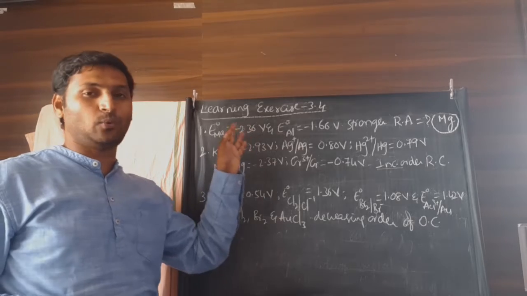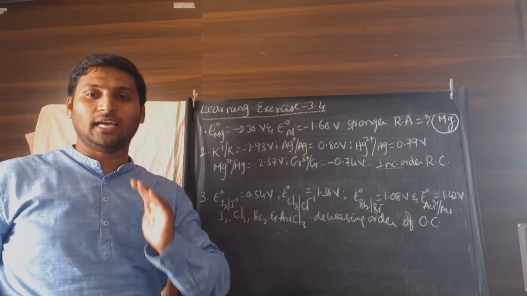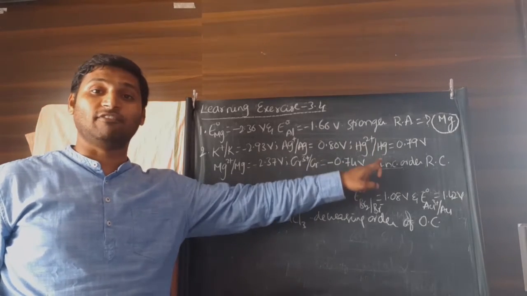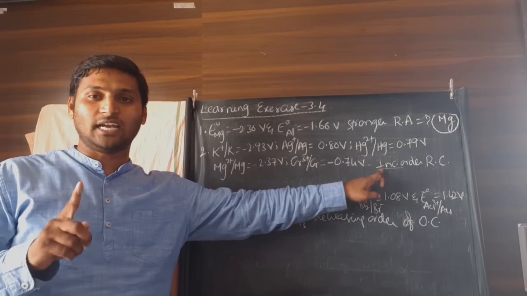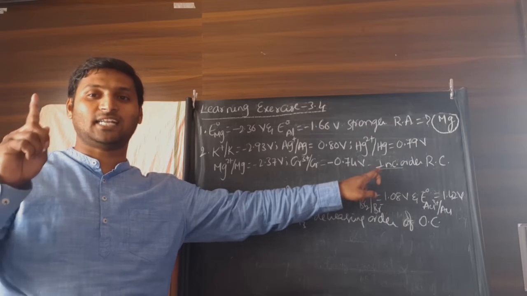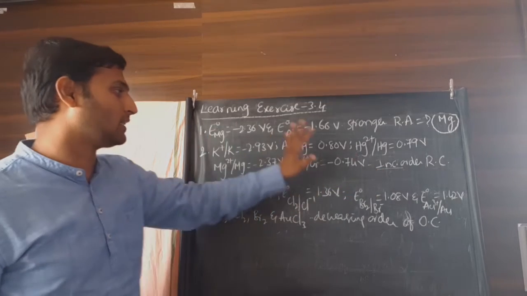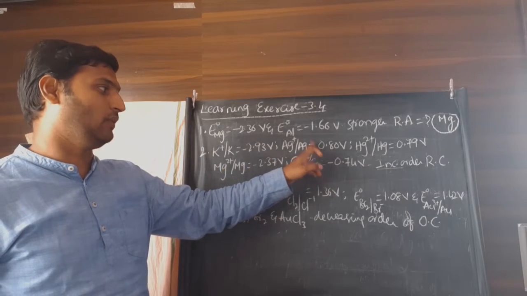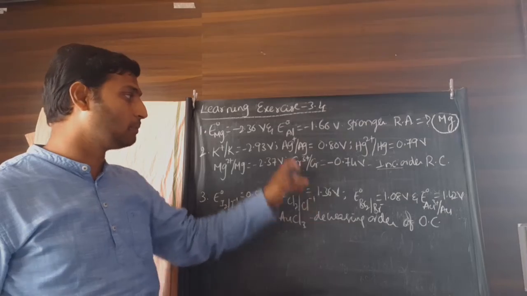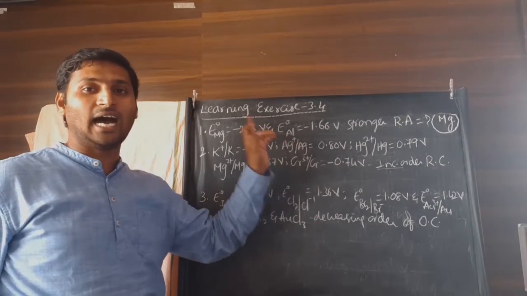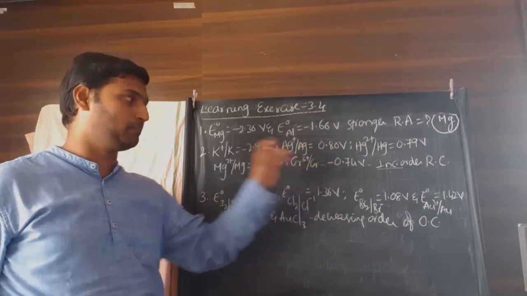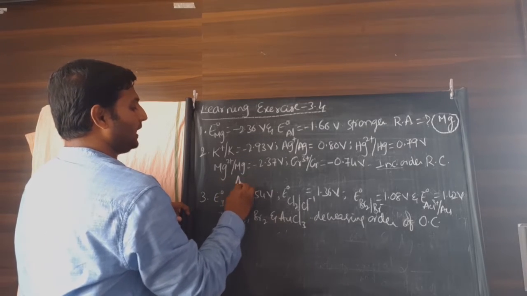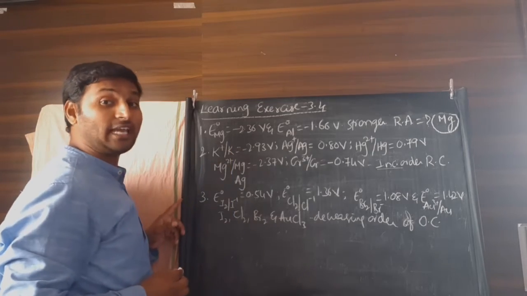Now, just now we understood: lower the electrode potential, stronger the reducing agent. Here he wants the weakest first. Weakest reducing agent would have the highest electrode potential. So among the given ones, which one is having the highest electrode potential for us? Silver. Of course, silver and mercury are very close to each other, but silver is having the highest electrode potential. So observe, the one with the highest electrode potential will be the weakest reducing agent.